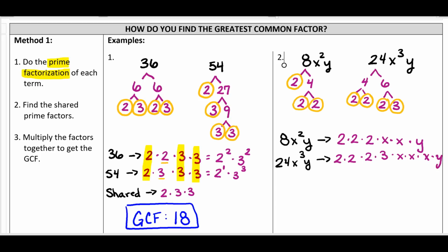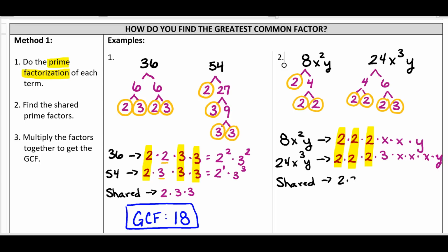And 1 y. So now I have all the prime factors of 8x squared y and 24x cubed y. Now we're going to start looking for shared factors. We have a factor here that's shared. We have a factor here that's shared. This factor is shared. Okay, so automatically we can see our GCF is going to be made up